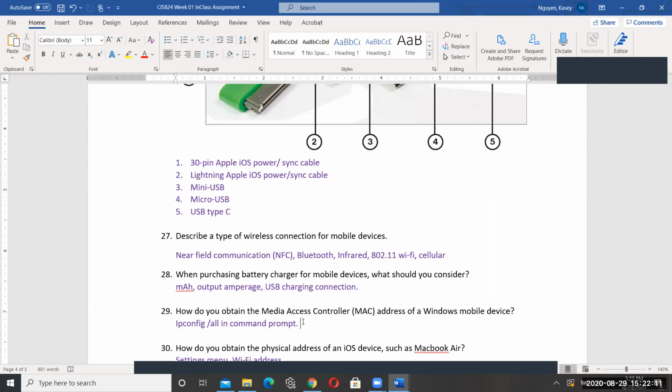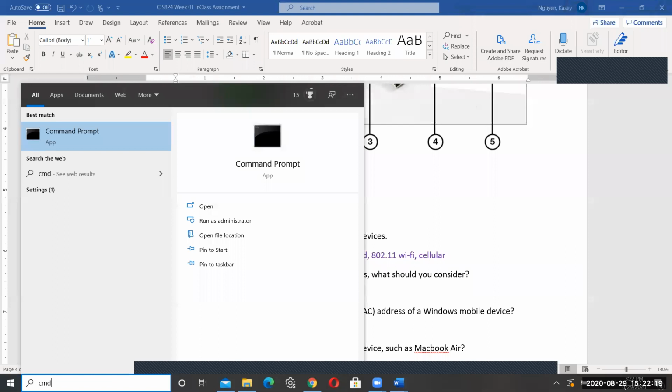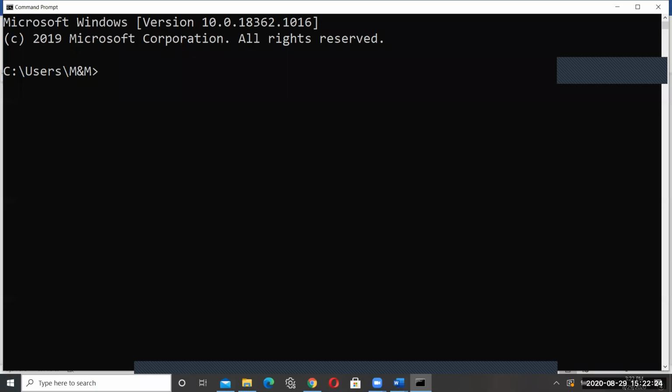And how does it do that? Either through an IP address or a MAC address, which is media access control. So if I'm in the command line, using Windows 10, I can type in CMD for command prompt. That's how you troubleshoot connection for your laptop, if you want to see if there's an address issued for your laptop. And the physical address ties to how that system is seen by switches in the network,